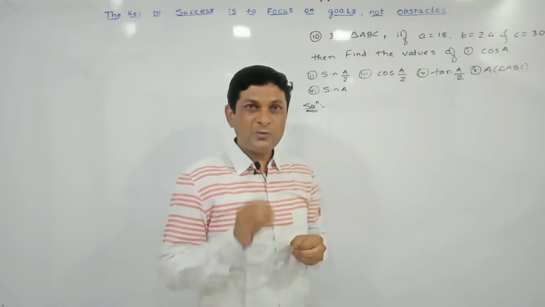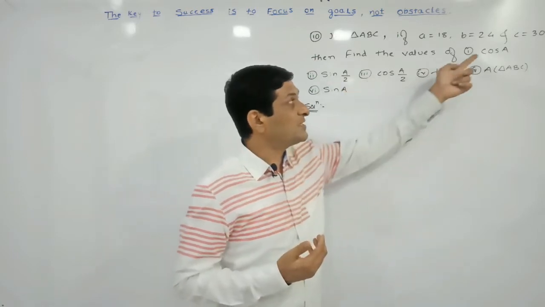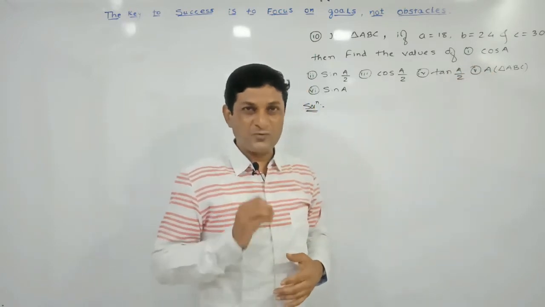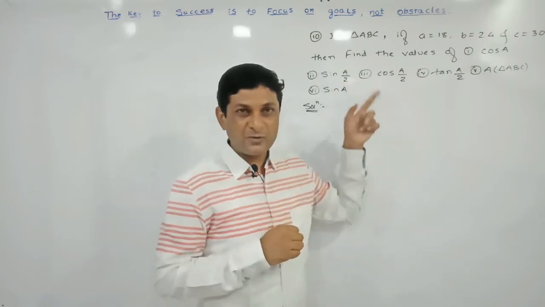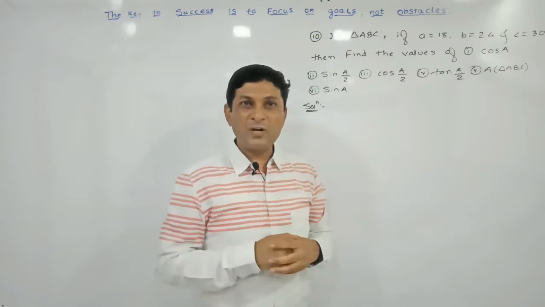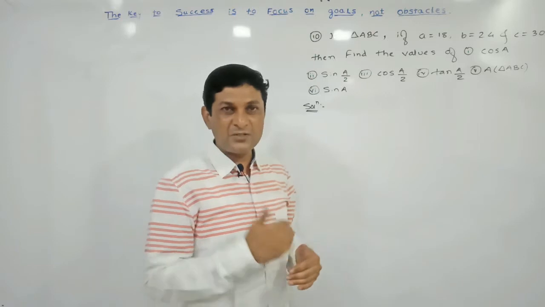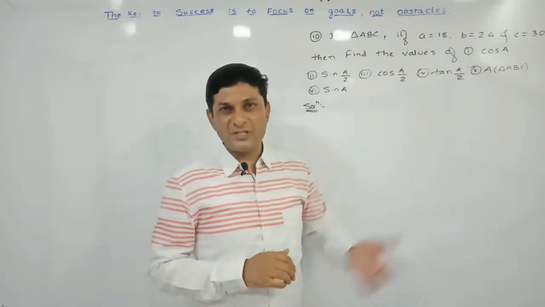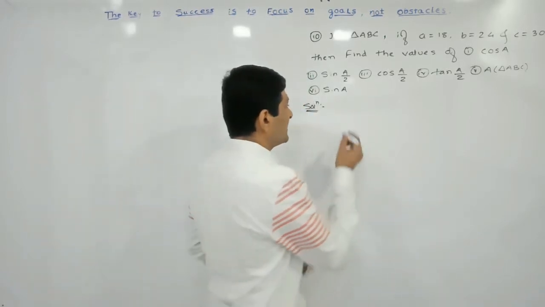To find out these values, we have to apply half angle formulas, the cosine rule, and a formula to find the area of a triangle, that is Heron's formula. To apply these half angle formulas, we will need the value of what? S. And what is S? S means semi perimeter. First write down the given condition. Let us try to find the value of semi perimeter and later we will see how to find these values.